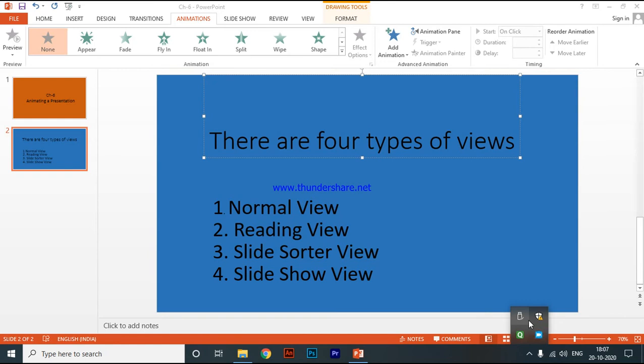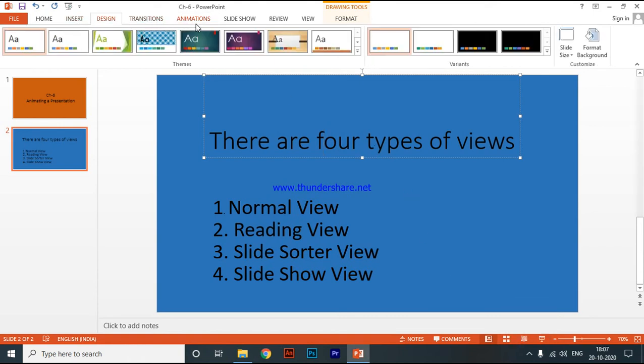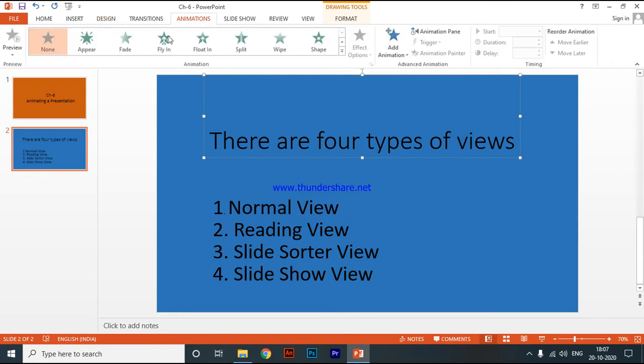What are they? First of all, to access these animations you have to click on the Animations tab like this. Then when we click the Animations tab, you will see many animations appear on the screen. From the book, I told you there are 4 types of animation.